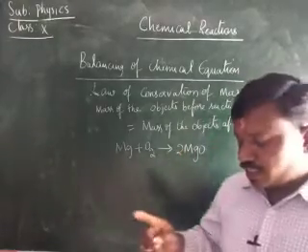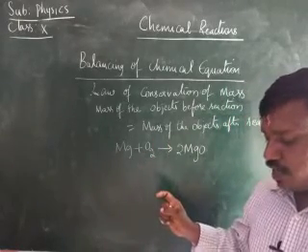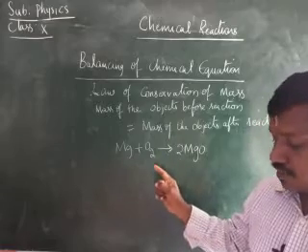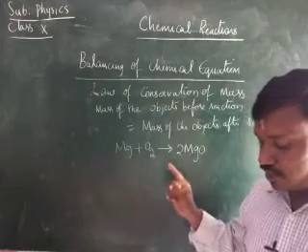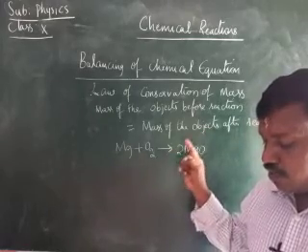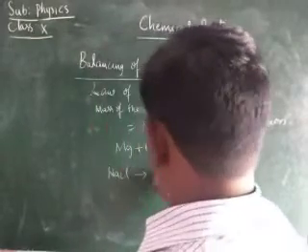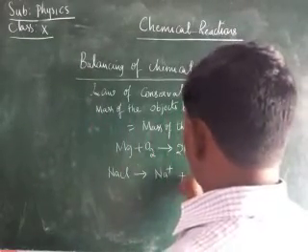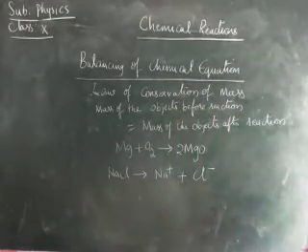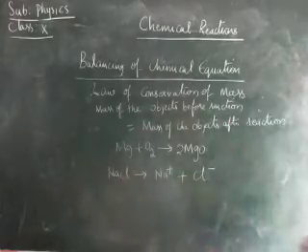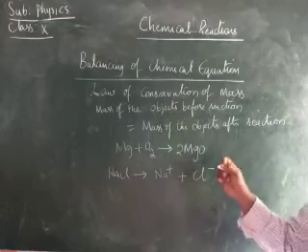Therefore, children, balancing of a chemical equation involves the formula units. The formula units indicate whether an atom, an ion, or a molecule is present. If you take sodium chloride, NaCl, it means one ion of sodium reacting with one ion of chlorine.